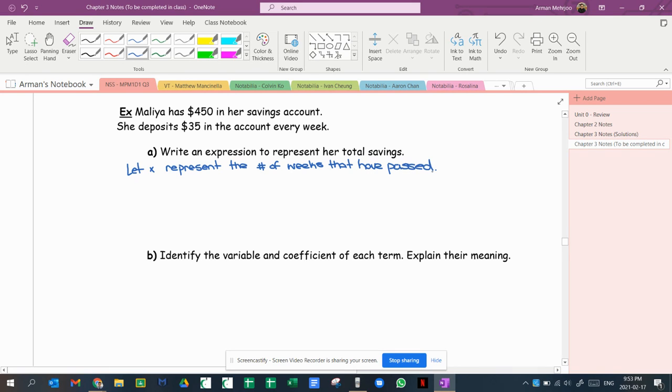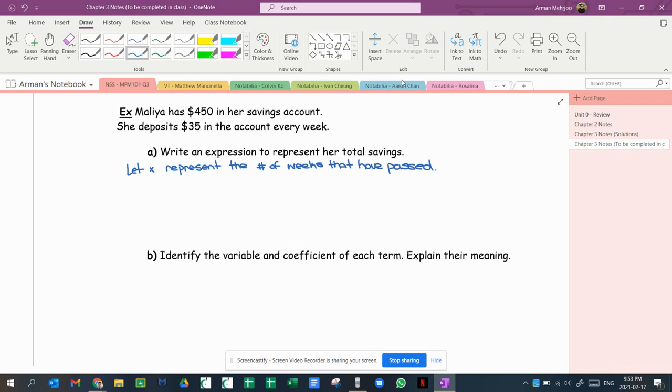Make sure you use a let statement when you are using variables, so that your audience, the person reading your answer, knows what you're trying to communicate. So the amount we're going to try and find is going to be after a certain number of weeks. Let's say I want to find how much money she has in her bank account after 1 week, or 5